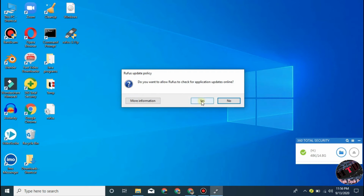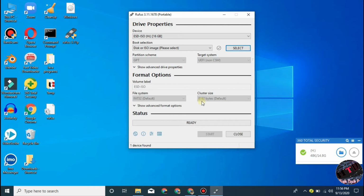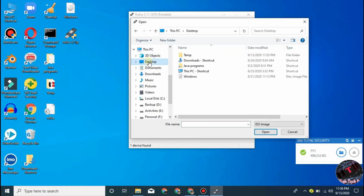From this step you can also update it. Now you can see the Rufus application is running. Now select the pen drive and below select the ISO file. Here I am going to select the Windows 10 ISO which is on the desktop. Select it,